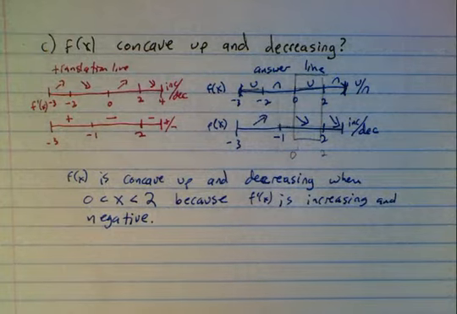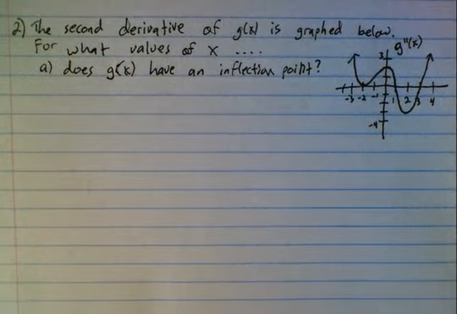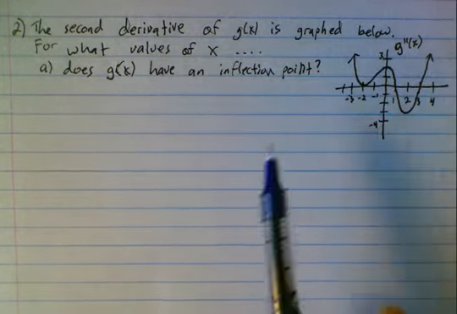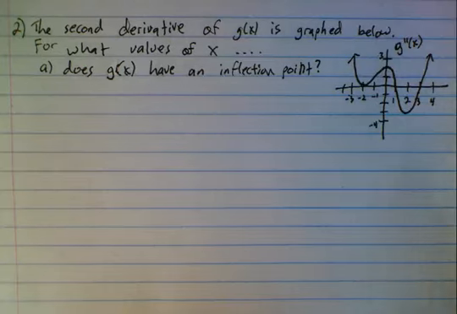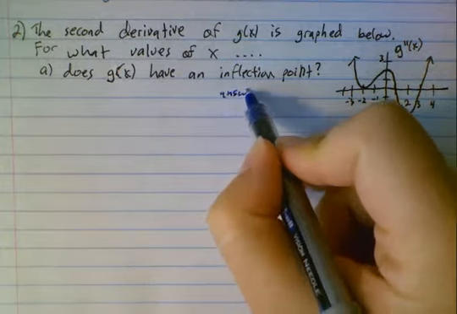Okay, so that's our first problem. Let's do a similar thing with a graph of f double prime. Here's our second problem. The second derivative of g of x is graphed right here, so that's g double prime of x. For what values of x does g of x have an inflection point? So our answer line